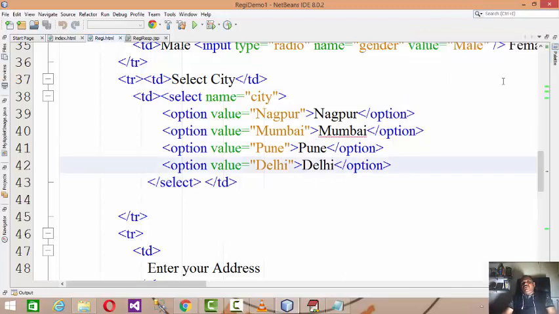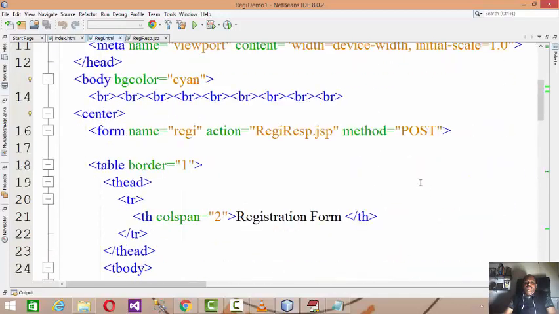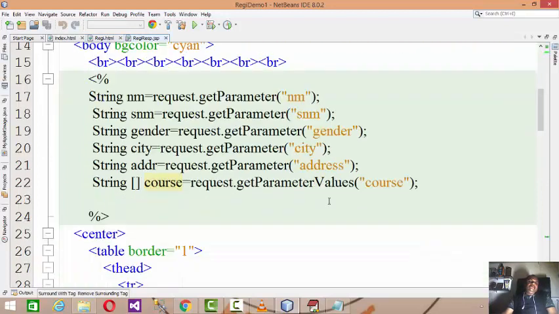So in this manner, by using all these HTML web components, you can design a complete registration form, and then post this data to the server side code. And in the server side code, for the rest of the controls, you have to use request.getParameter. But in case of checkboxes, you have to use a method called request.getParameterValues, and as there are multiple values you are posting, you have to hold them in an array of string.